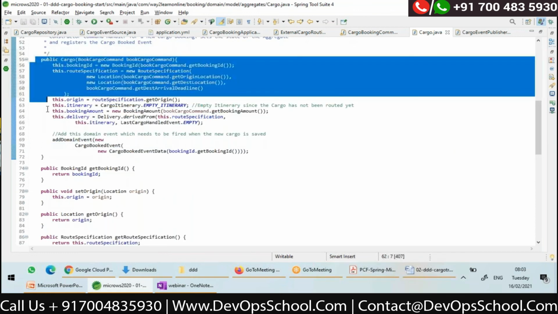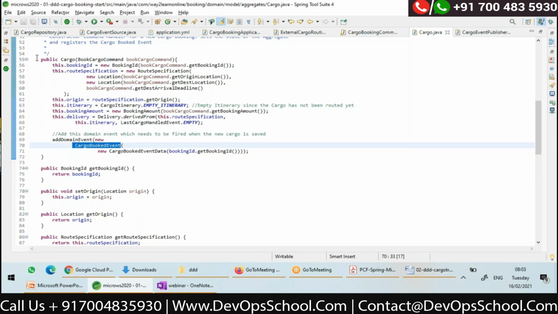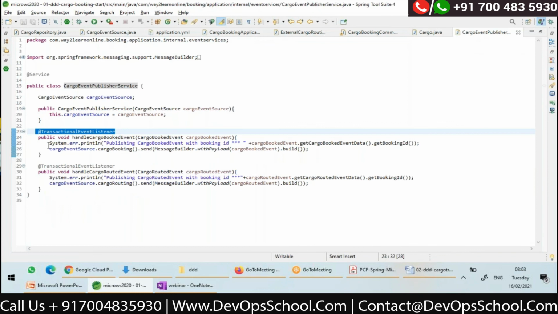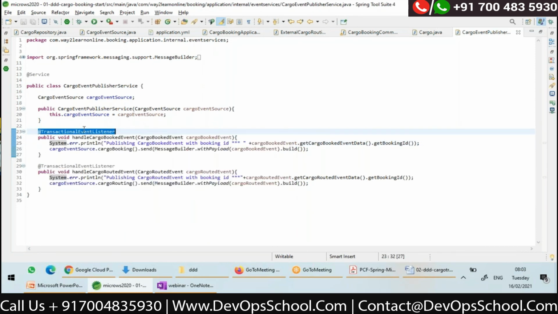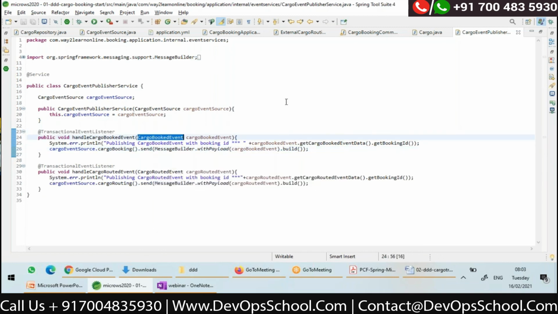Whenever a cargo object is created, I registered an event called cargo booked event. So whenever this cargo is committed to the database, the transaction is a success, right? So automatically this method annotated with transactional event listener will be executed and the event will be passed here. So if you see the code, what I'm doing, I'm injecting the cargo event source here.